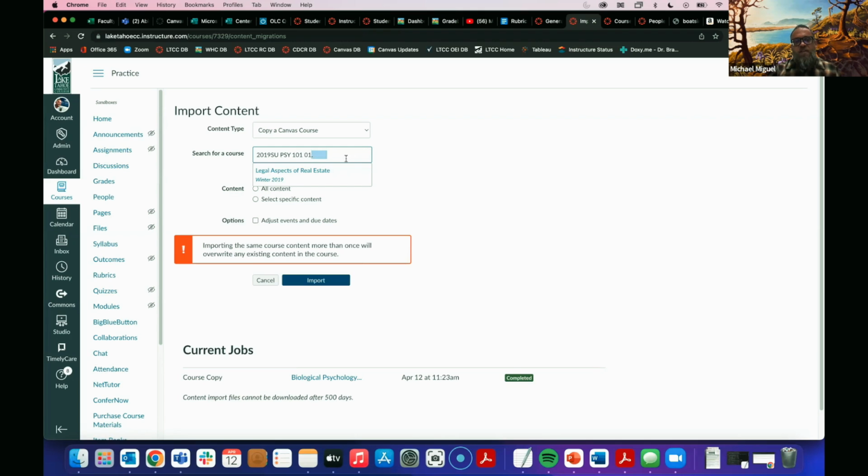So this entire space here behind it, if you copy it a different way than what I've shown here, it will not be able to find the course anymore. So a lot of people are like, okay, your way didn't work, but it's because you have all these spaces here. And as you can see here, it's bringing up legal aspects of real estate, and we're talking about a biological psychology course. So getting rid of that automatically, which for some reason Canvas still leaves, does bring your course up there.